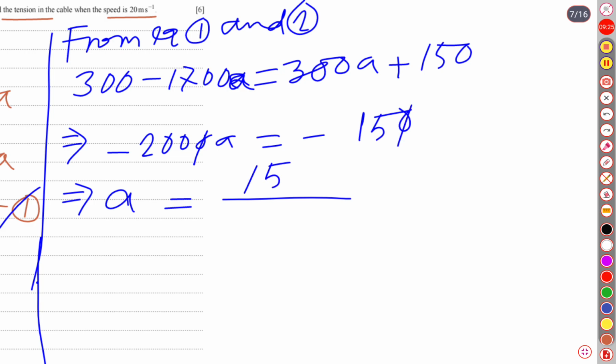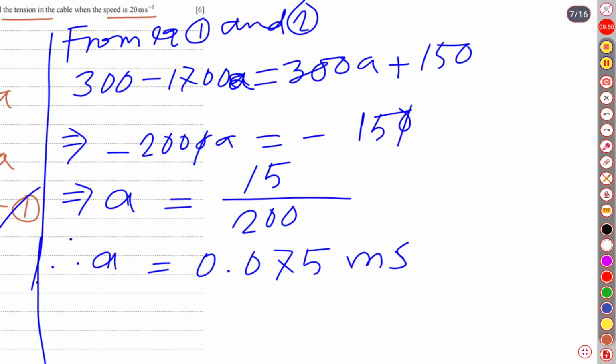15 over 200. Hence acceleration is going to be, let me use my calculator, 15 over 200 is equal to 0.074 something, so it's 0.075 meter per second square if we round up the answer. So this is our acceleration, and the second part of the question was